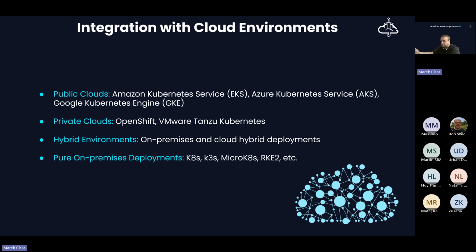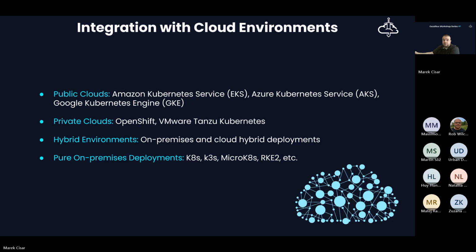So if you have your part or whole data center dedicated to you, you can build up your infrastructure in there, and maybe in that infrastructure there will be running some kind of Kubernetes or OpenShift or VMware Tanzu Kubernetes cluster, and Excalibur can be running within those environments as well.